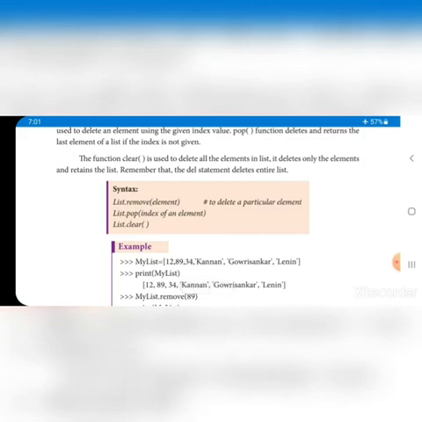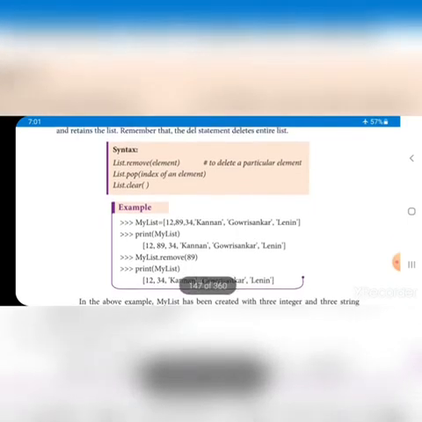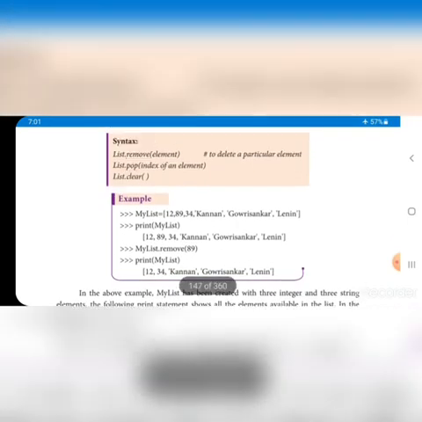So three functions are there: remove, pop, clear, right? Okay, then the syntax is list.remove of element, list.pop of index, where index means the position ID, and list.clear command.